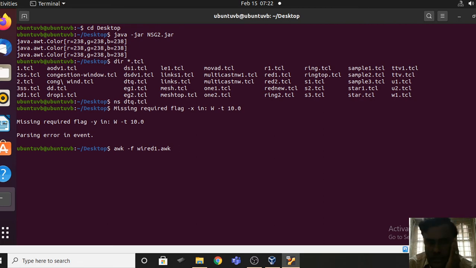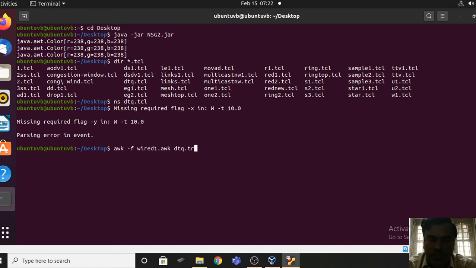You have to give the file name with the extension, that is, you have to give your trace file name. So what file do you want to analyze? Drop tail queue, right? dot tr.